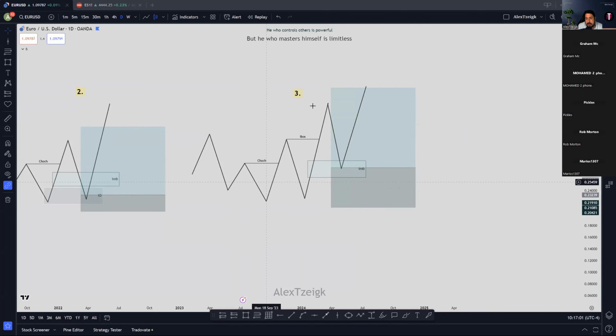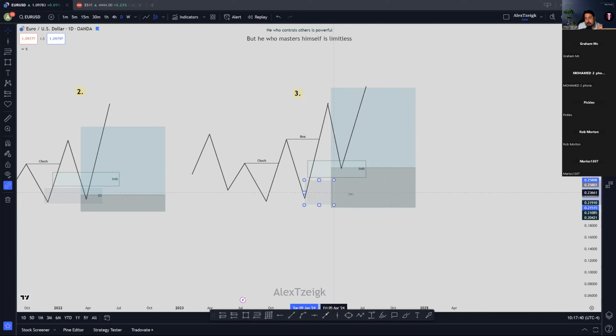Let's continue, my friends. I prefer these entry models. Why? As I said previously, we are playing a probability game, my friends. And this brings even more probabilities towards us, confirming one more time the trend. As I said, if you're not feeling comfortable with the lower time frames, then this can also be applied to higher time frames, where one more entry type, of course, could be